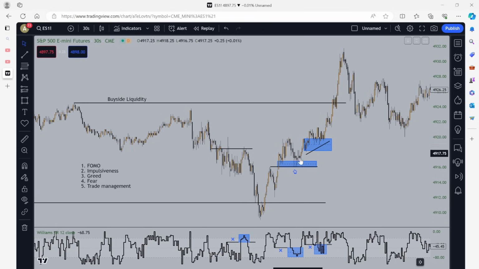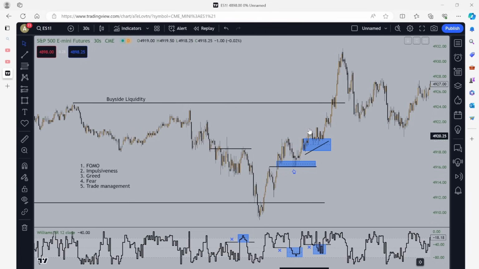So when price is coming into this fair value gap here, right, we have this low getting taken out, but we're failing to do so in the chart, right? So what is it indicating to us? That this retracement, right, which is one of the deliveries that we get in price, is going to end. The retracement is going to end in this area here or down in this gap here, right? It's indicating to us a change in state of delivery. So as price is coming down in here, I'm expecting this retracement to end.